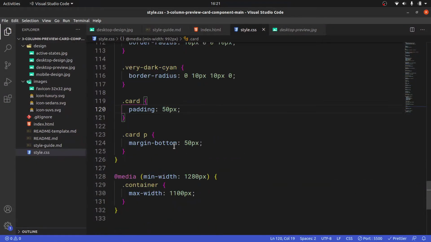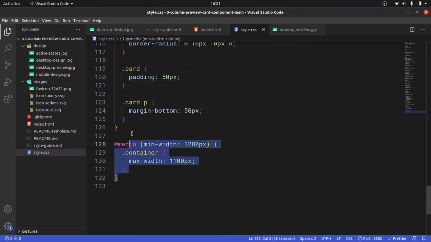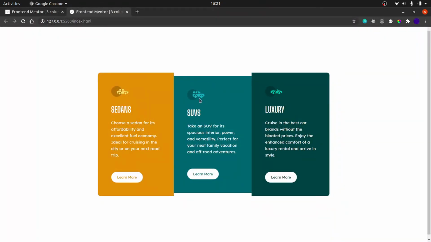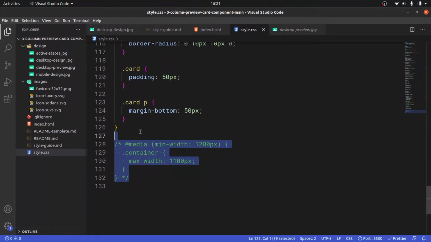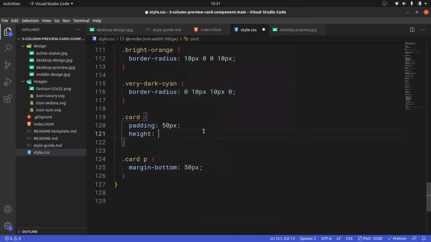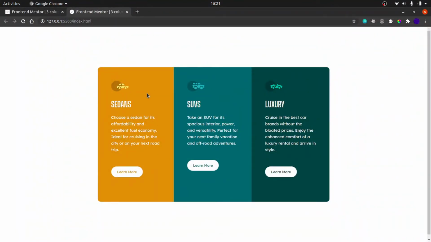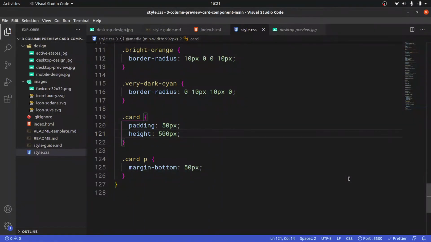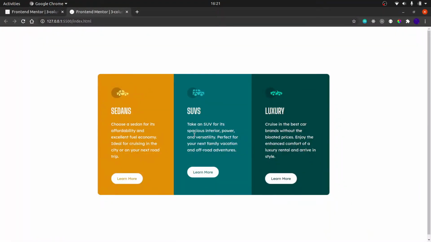Rather than increase the padding to 50 pixels all around, let me remove this media query, and this would look like this. Okay, and then if this looks like this, then what we can do is just remove this media query altogether, and then set the height for this to around, let's say 300 pixels. Too small, let's say 500 pixels looks like this. Let's say 450 pixels, which would look like this, but I don't really like this because,